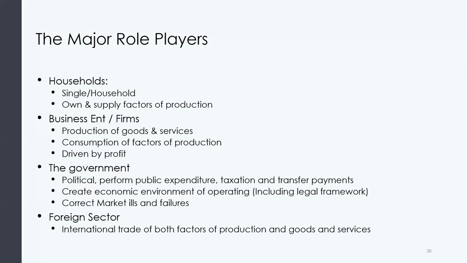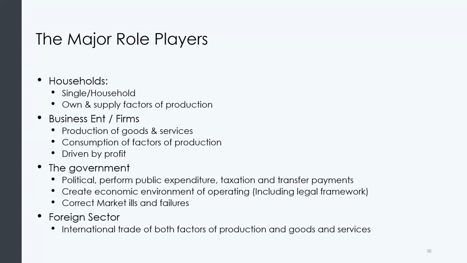Now, when we discuss a household, there is something that is peculiar about a household. The thing that is peculiar is a household is what we call the owner of the factors of production. Remember, we said that there are 4 factors of production: land, labor, entrepreneurial skills, and capital. So the households are the owners, or they are the suppliers of the 4 factors of production. Right? It is the households that own the labor. If you want labor as a company, like if you want people to work at your company, you have to